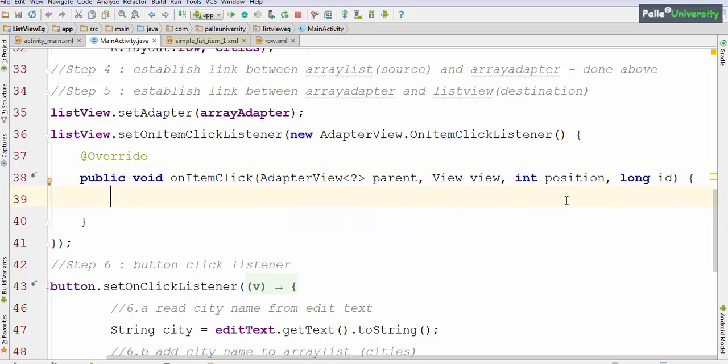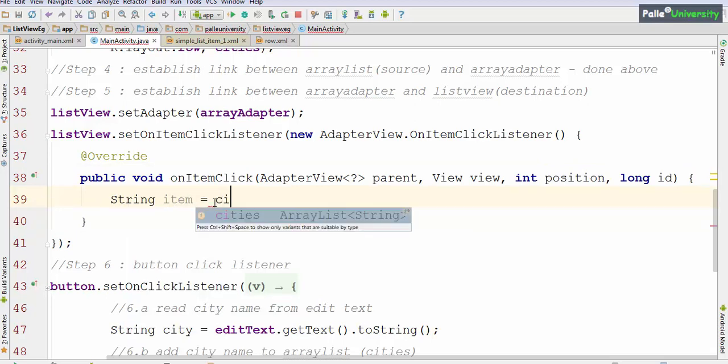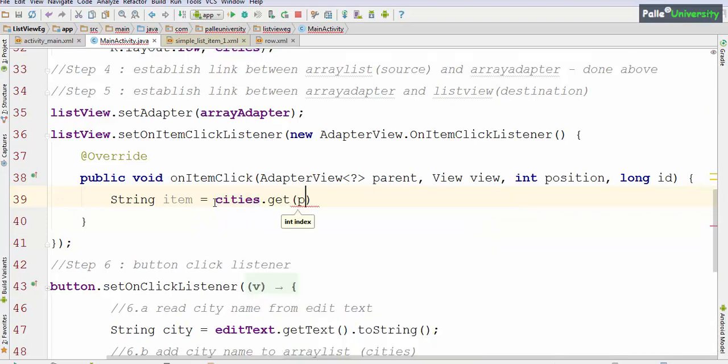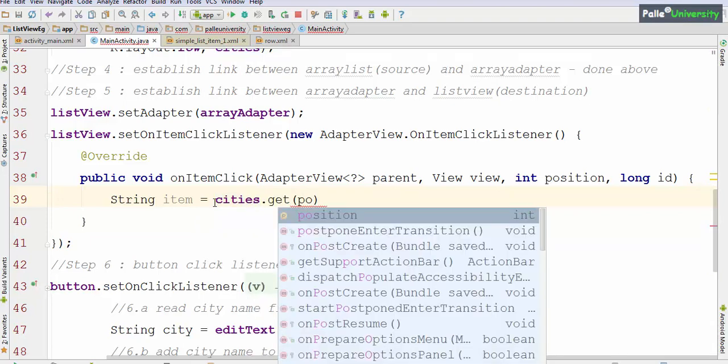In our code, we are going to use the third parameter, that is position. Let me write the code. String item equal to, I have to request our array list, that is cities.get, and pass the third parameter, that is position.